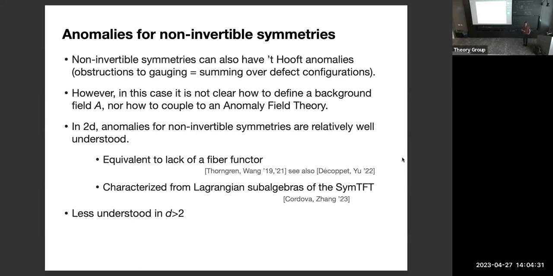It's more like just saying the theory has an anomaly, like a fiber functor means realizing the symmetry in an SQT. I don't know if there's that much content to that one. Yeah, one could debate, indeed. So they state that the lack of a fiber functor equals an anomaly, and they have reasons for saying so, and then can classify whether or not there is such a fiber functor.